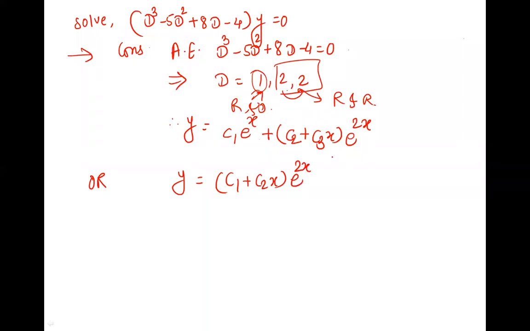This is done. Now write for this one, C1 and C2 are used, so next C3 e raised to 1x is the general solution. Both are okay. Correct? Are these both okay? C1, C2, C3, these are your choices. If you are taking this first, then it goes with C1. If you are taking this first, C1, C2 go to this. It will have C3 then. Is that clear? Yes. Good. Ask me if you have any doubt.